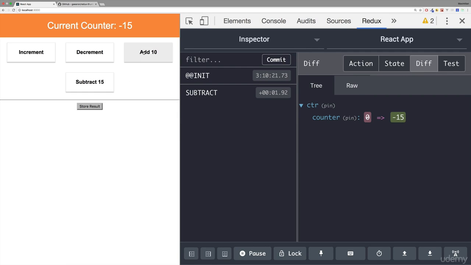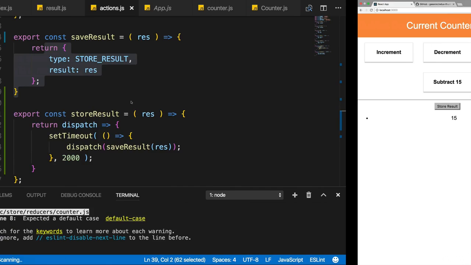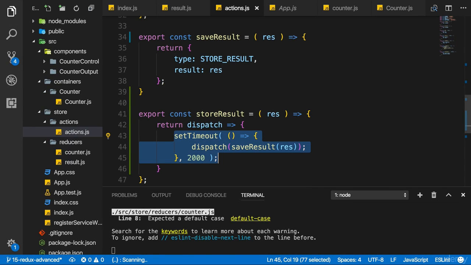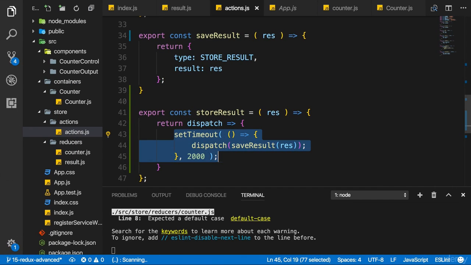So the app loaded. We can now still manipulate our counter, but if I click store result here, you see that it took 2 seconds to actually print store result. Now that's the interesting thing. You never saw this other action creator with the setTimeout inside of it lead to any output. If I click store result, nothing happens immediately. Only after 2 seconds we see store result. So only the action dispatched in there after 2 seconds leaves a footprint, because it's our synchronous action and only synchronous actions may edit the store.